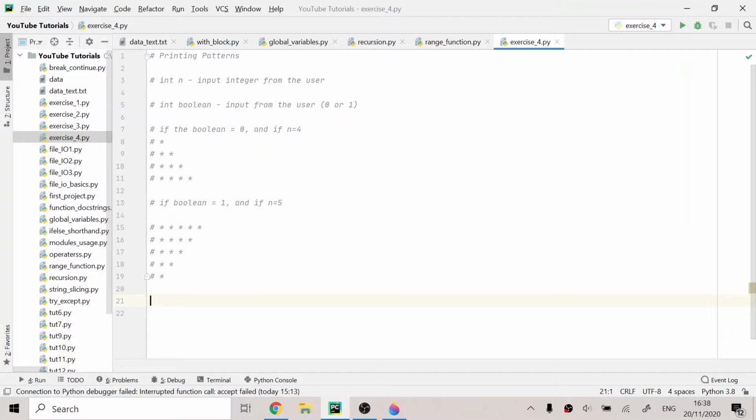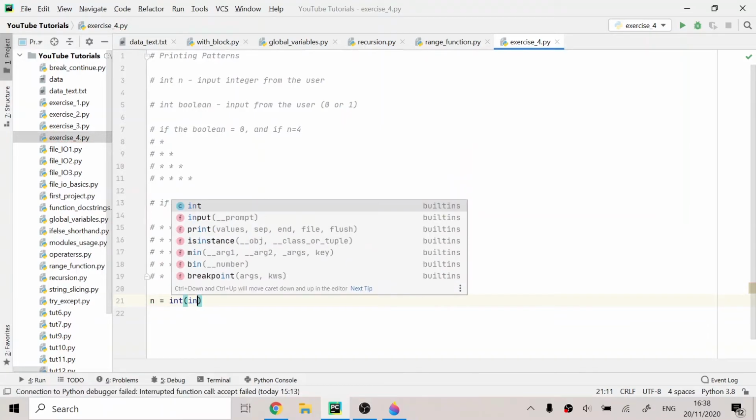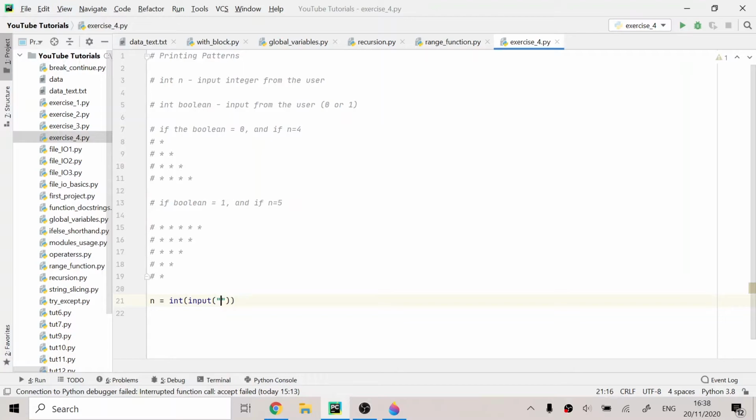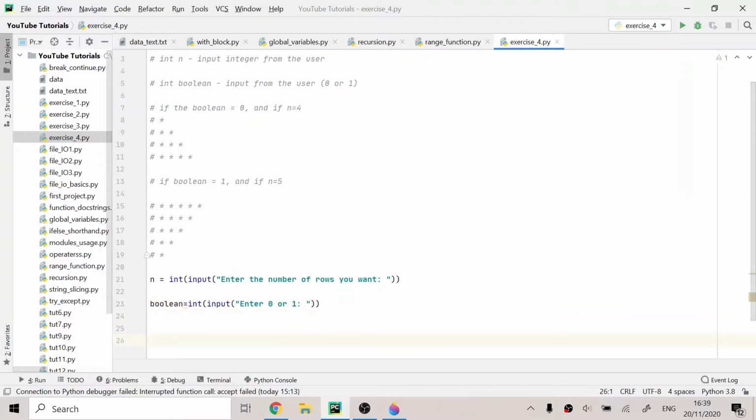So first of all we'll have to make a variable and name it as n. So n will be equal to int input, that is we'll take an input from the user and typecast it into the integer form. So we'll ask the user to enter the number of rows you want, and after this I'll make another variable and name it as boolean. So this will take an input from the user and we'll typecast it into an integer form. So I'll write enter 0 or 1,